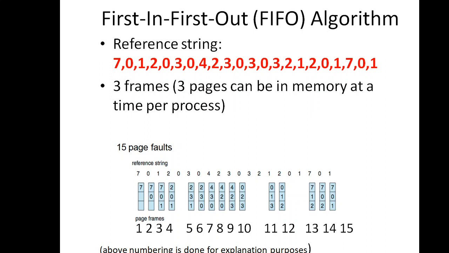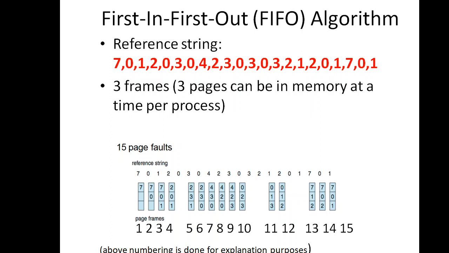Next in the sequence we have 0. 0 is already referenced, so it is there in the frame, so it is fine. I need not replace any of the pages. Next number is 3. We have not yet referred to 3. The pages in the frames are now 2, 0, 1. 3 is not yet referenced, so I have to insert 3 now.